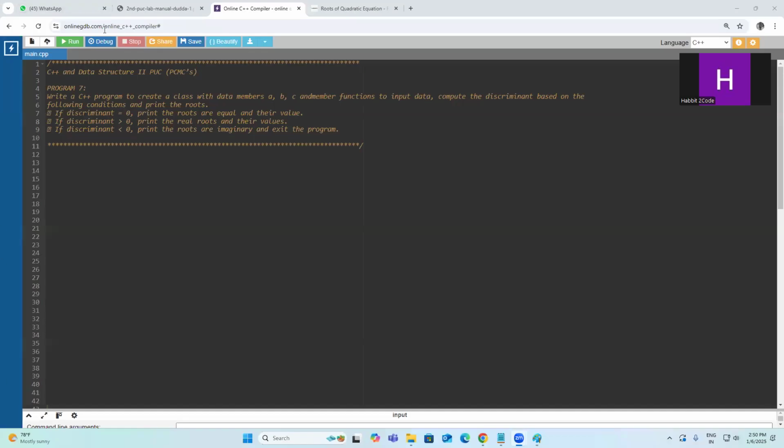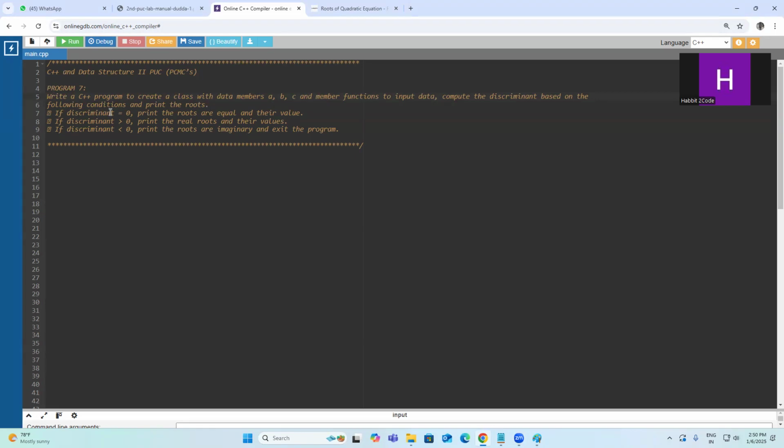Yes, now it's about program number 7 from the PUC second year computer science subject, C++ and Data Structures lab manual programs. The program description is: write a C++ program to create a class with data members A, B, C and member functions to input data, compute the discriminant based on the following conditions and print the